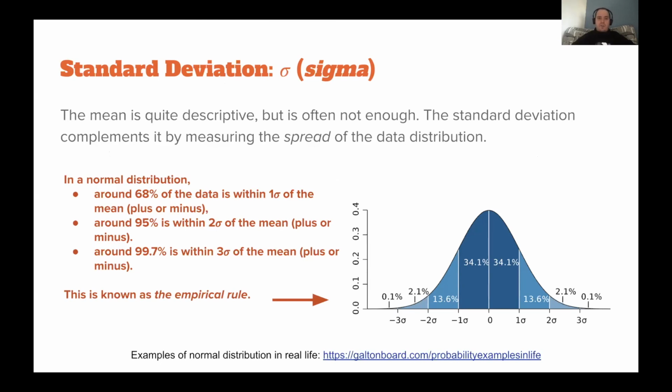Just one quick clarification. The empirical rule only works for normal distributions. You cannot just take any distribution and say, yeah, 95% of the data is within 2 sigma of the mean, plus or minus. No, that is only for the normal distribution. Since we know so much about normal distributions, and we've seen them so many times, we can assume that. But if it's not normal, then you can't really assume.